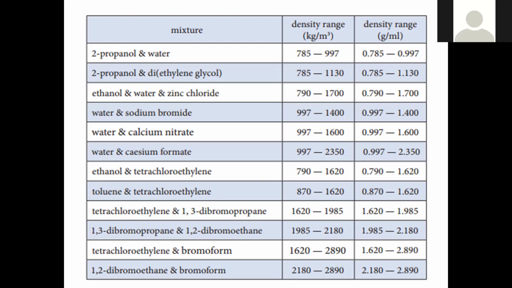So liquids should not react with each other. They should be partially miscible with each other. Density difference should be there. Density difference should not be too wide. Although if you use it, the column will form, everything will work, but the preciseness of measurement will suffer a little bit.